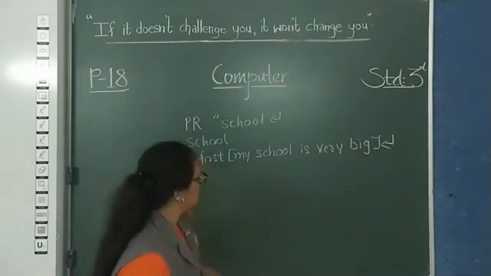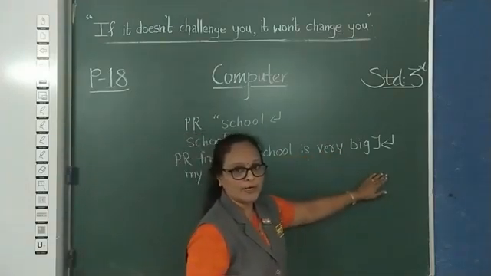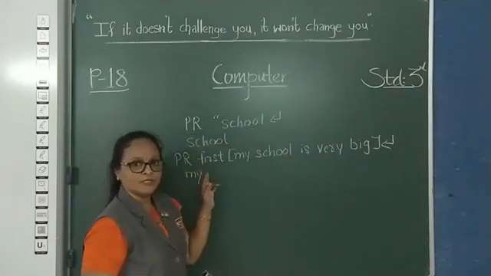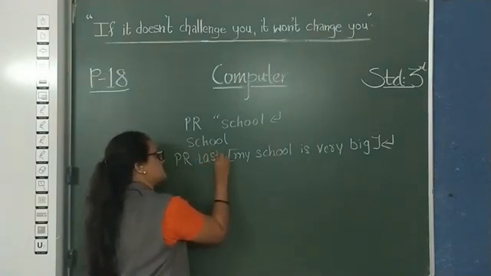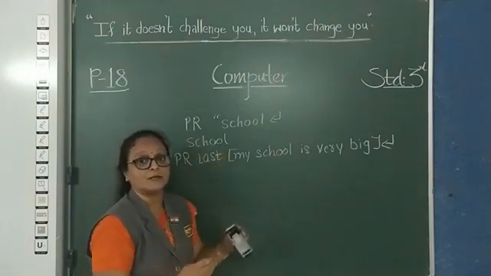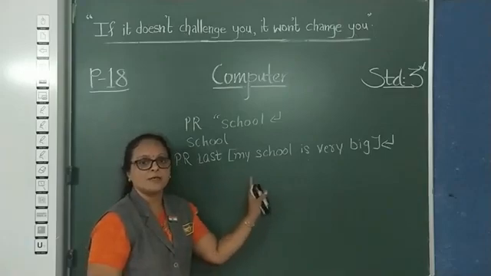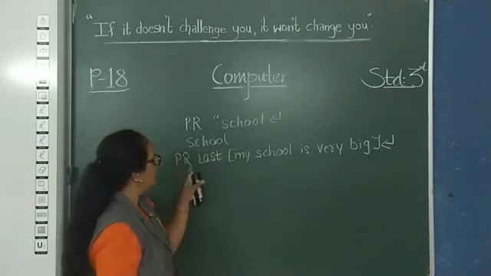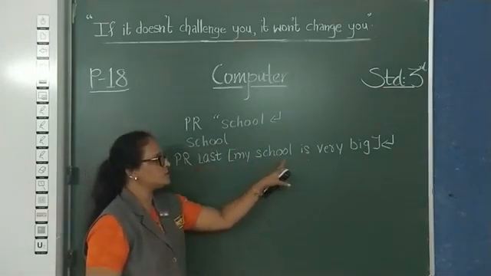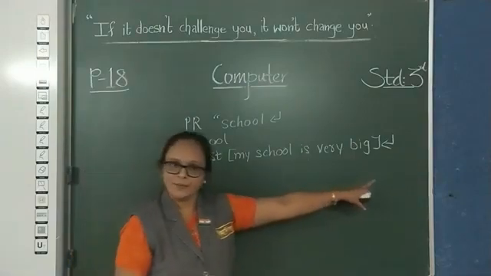Okay, here you cannot differentiate like the second word, third word. It is not going to print like this. It is going to print only the first and next one, that is the last. Okay, there is no other command like second word, third word, fourth word. It should not be like this. It is going to print only the first and the last word from the sentence. Just now we have seen the first word. Now next command is PR last. My school is very big. Same sentence. So next line, what will you get? Again, the last word is big.